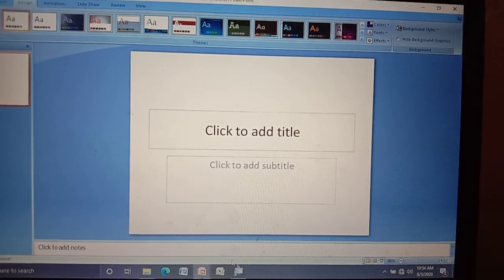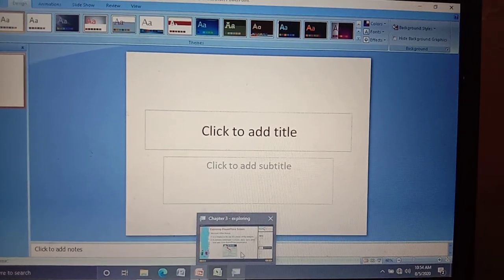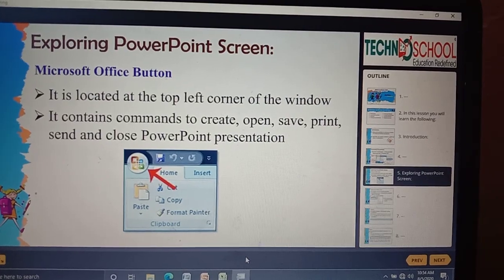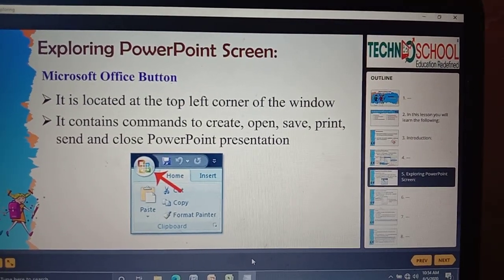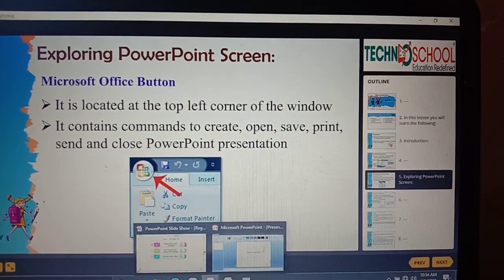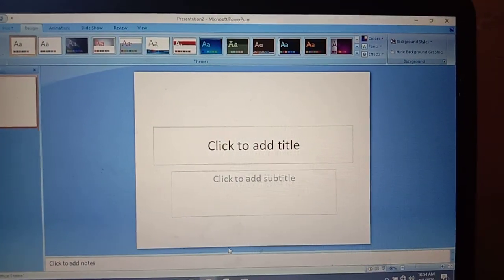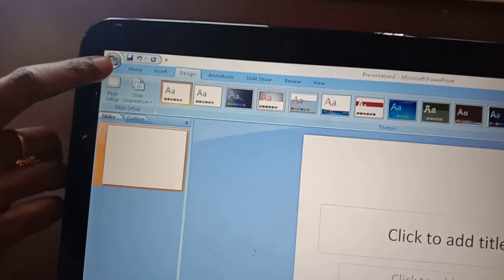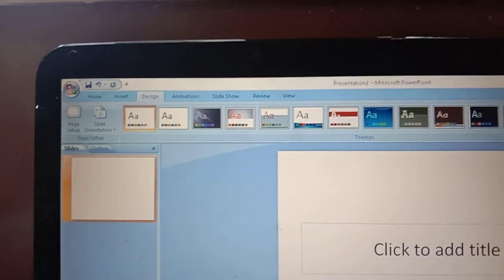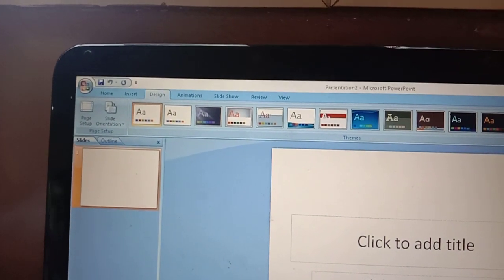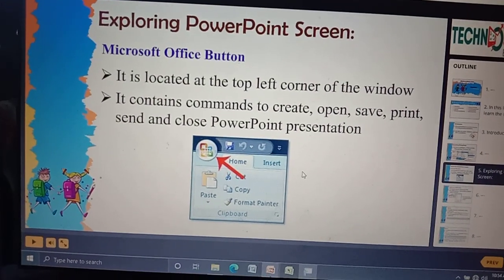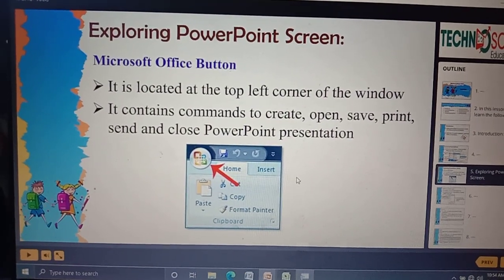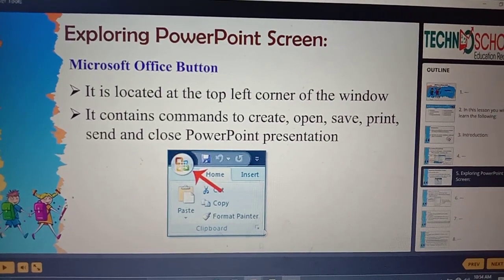Next, as I told you, this is our Microsoft Office button. It is located at the top corner of our window. See here, this is the top corner of our presentation, and it contains commands to create, open, save, print, send and close a PowerPoint presentation.